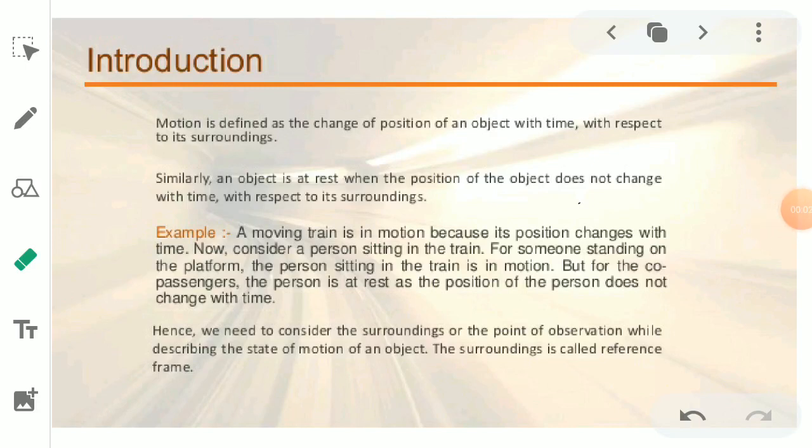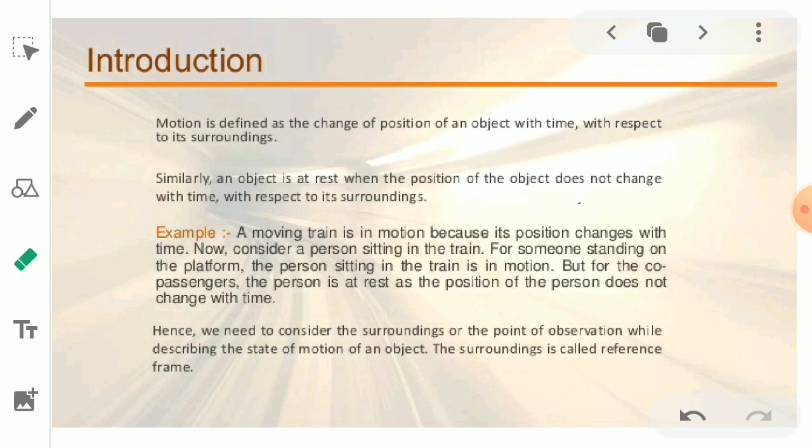Now we should understand what motion is. When we talk about motion, you see a lot of things like a house, a school, an electric pole, or a hospital, anything. All these things you see are stationary objects. Stationary objects mean those which remain fixed at a place. They do not change their place.